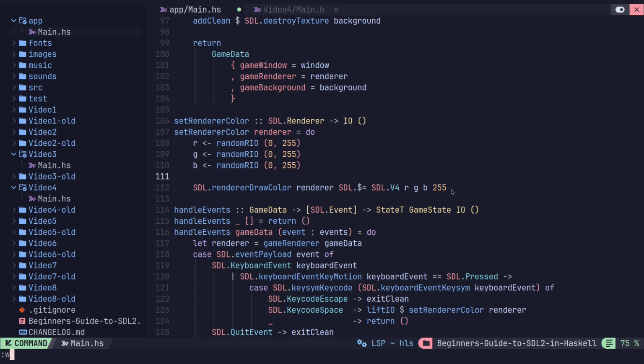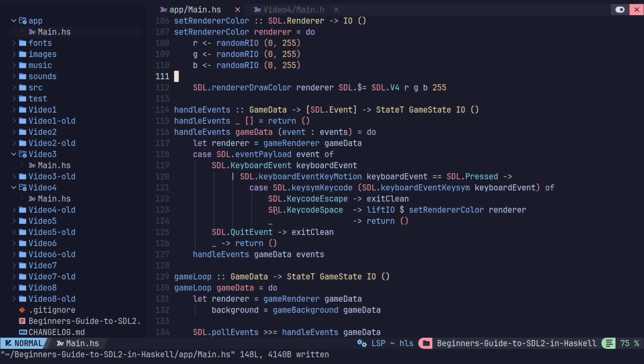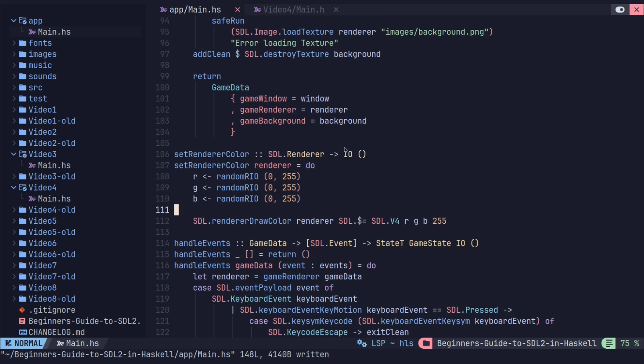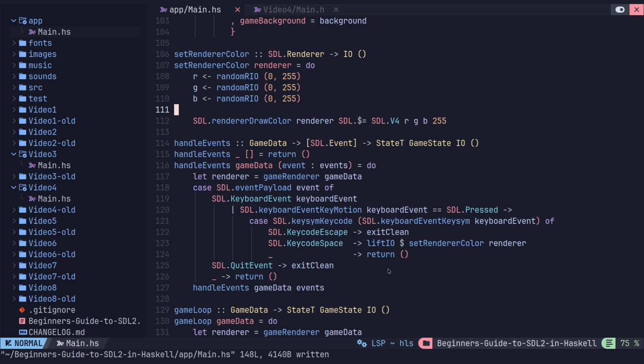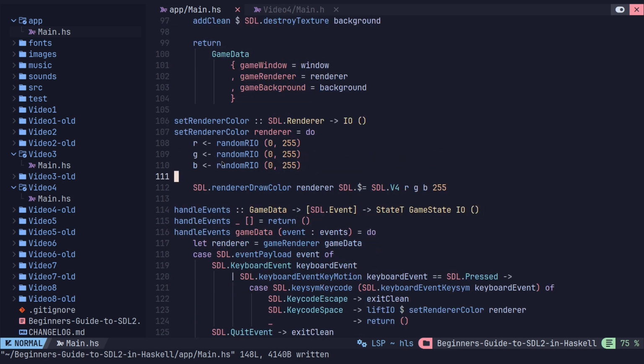Maybe I'll separate them out a little bit to be easier to read. But yeah, so that's changing the color, and we've already seen it's pretty easy to add something else here. And we know that this is an IO and this is state game IO, so we have to use the lift to lift it into the context. But pretty straightforward. So the next thing we want to do is load an image and set it as the